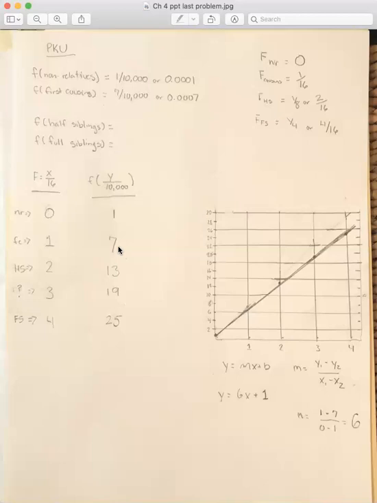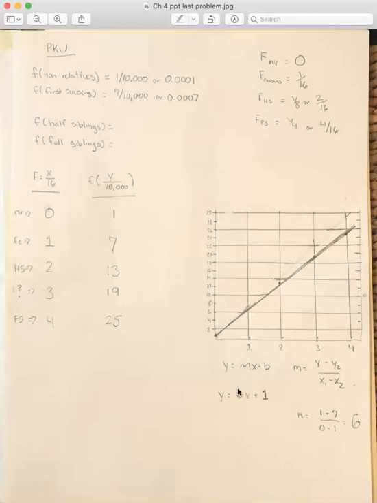So we could actually do it one of two ways. We could graph it, and I kind of drew out a graph here. You would graph 0 and 1 down here, 1 and 7 up here, and then graph a line and be able to predict that, right? To do that, we need to get the slope. Or we can just use these equations. The slope is the difference between y sub 1 and y sub 2 over x sub 1 and x sub 2. And so the slope is the difference between 1 and 7 over the difference between 0 and 1. That equals -6 over -1, which two negatives cancel each other out. So it's 6, right? So the slope is 6.